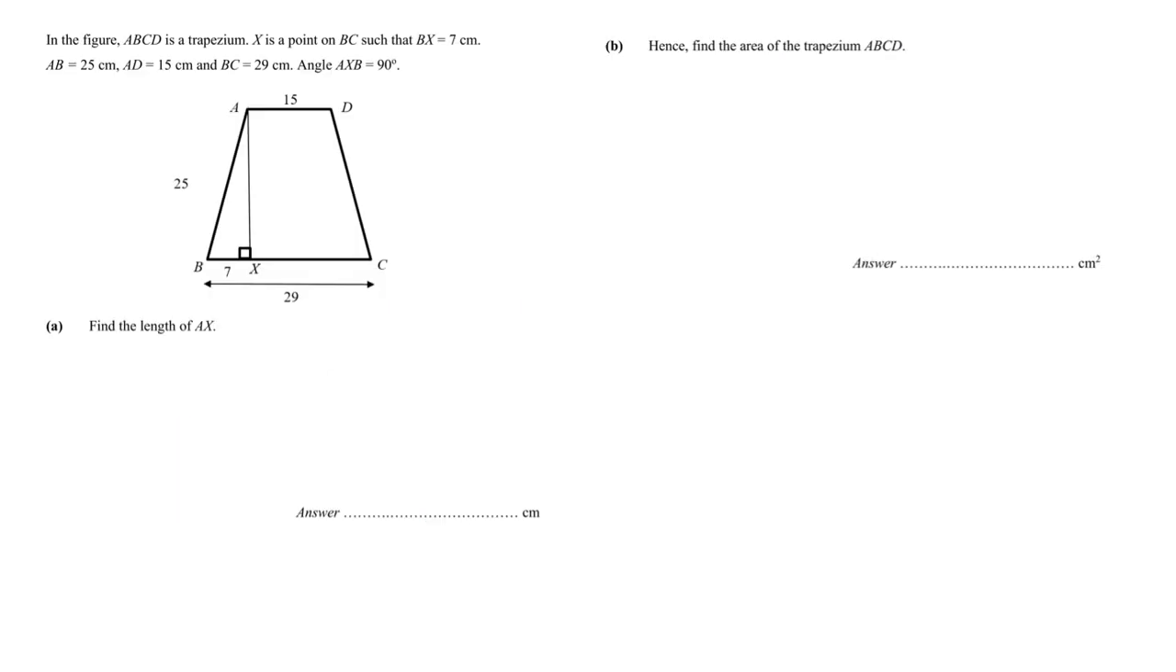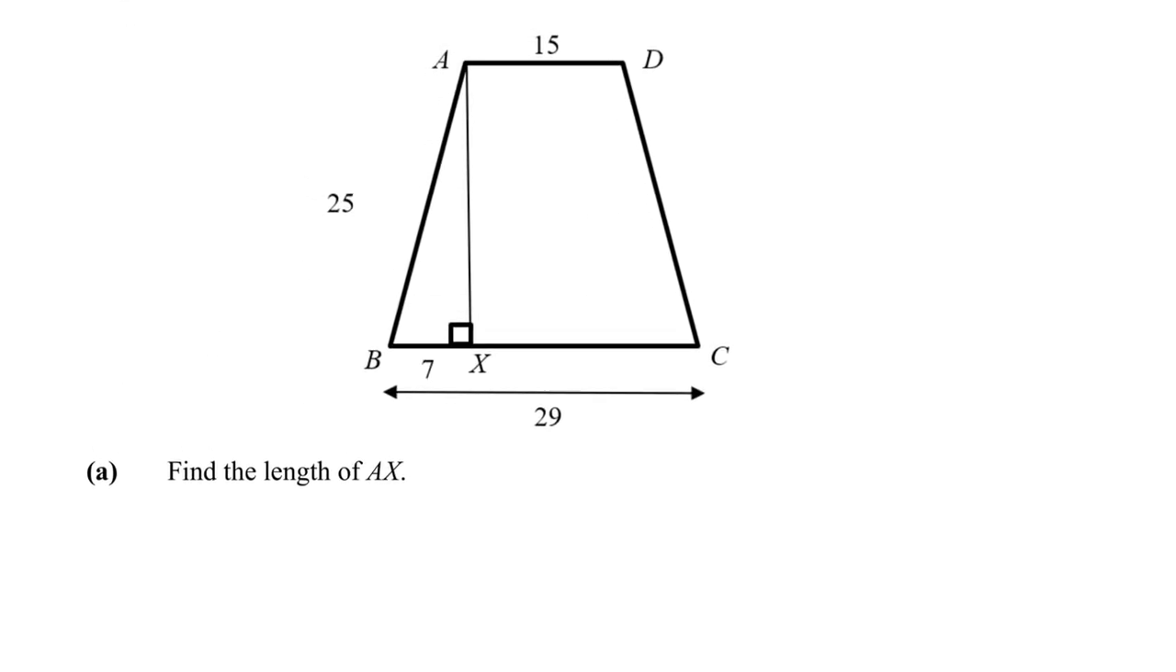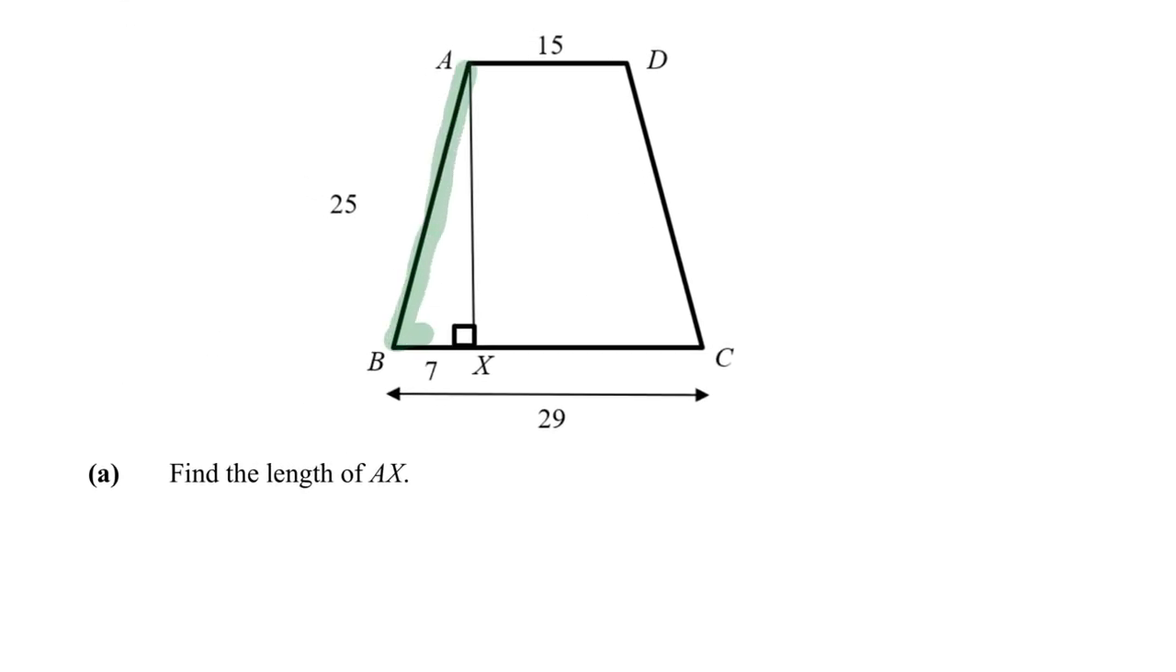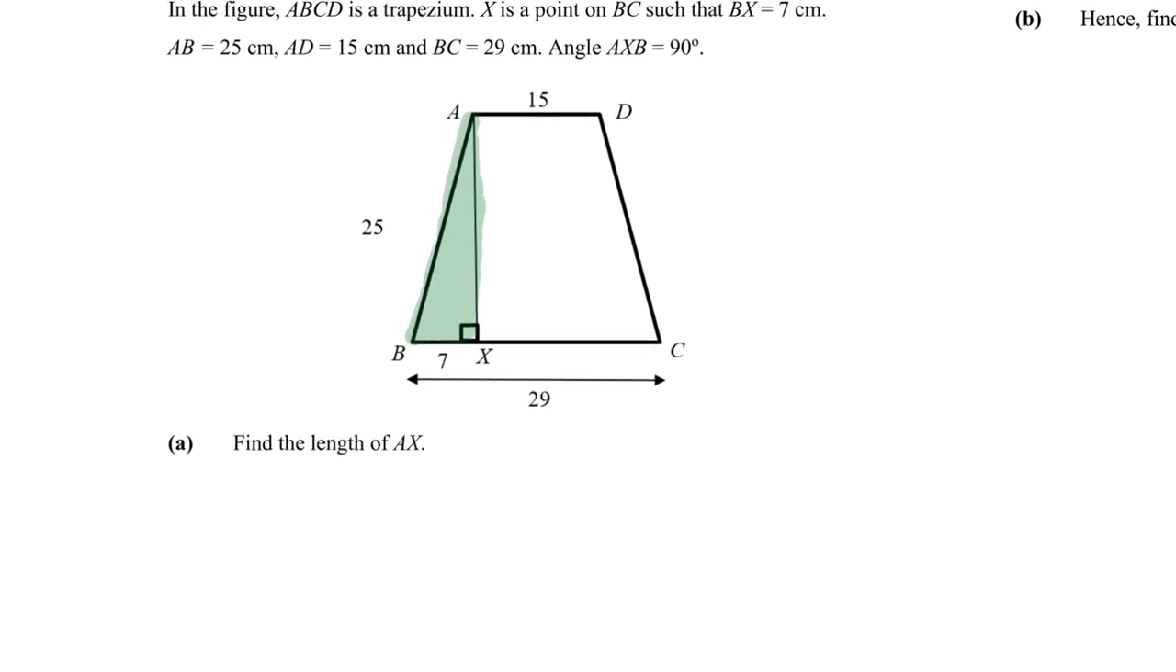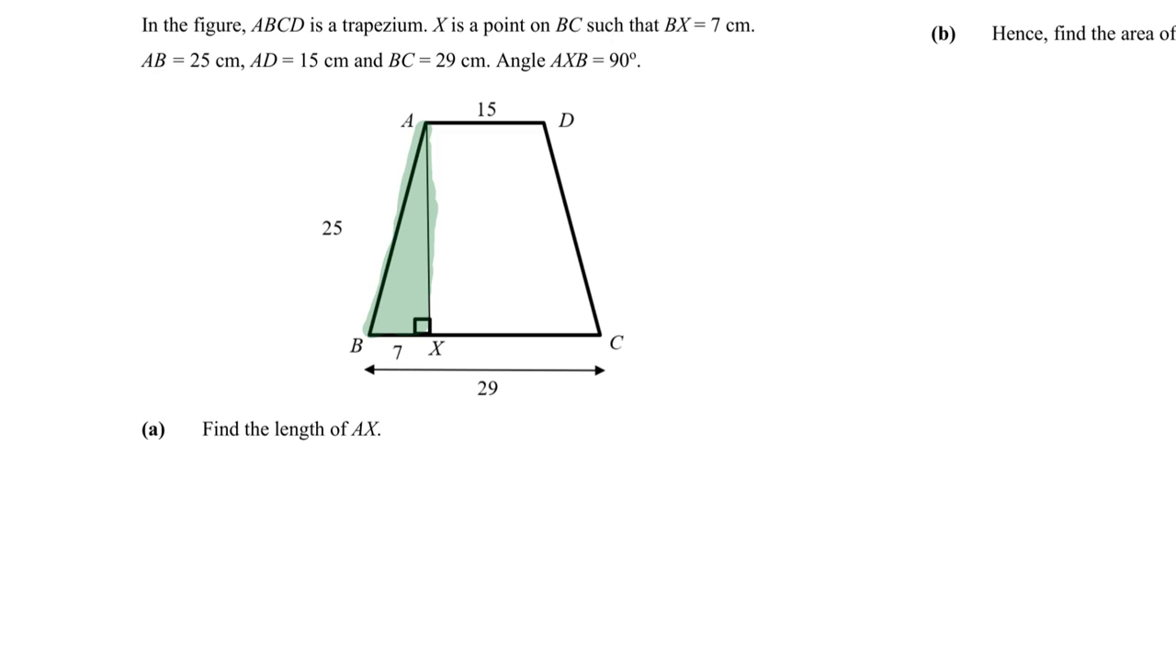Hello everyone. So for this part of the question of the paper, we have this figure ABCD, which is a trapezium. And X is on the side BC such that we have a 90 degree angle there, as shown in the diagram. Find the length of AX. That's where I would zoom in to this right angle triangle here, because then I would be able to apply my Pythagoras theorem, which states that